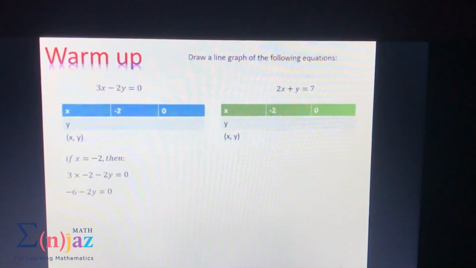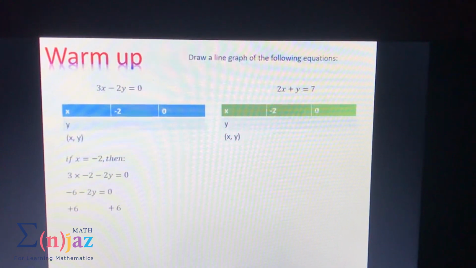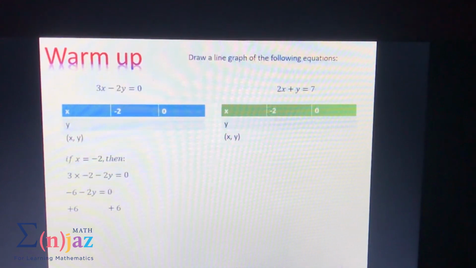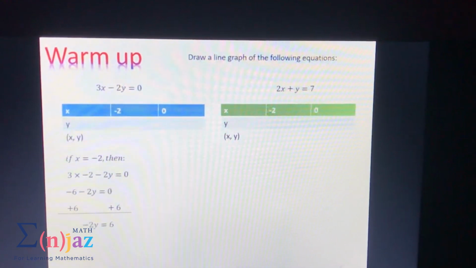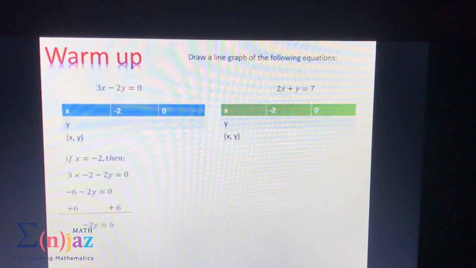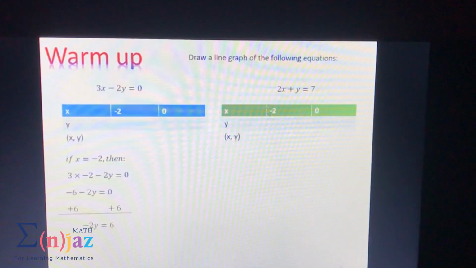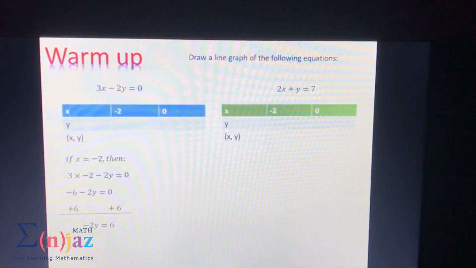Now we can apply opposite operation. So plus 6 on both sides. The -6 is cancelled on the left side of the equation, and 0 plus 6 is 6. -2y will come down. So we will end up with -2y is equal to 6. Get rid of the coefficient of y by dividing all by -2. So the coefficient of y is -2. We get rid of it by applying opposite operation